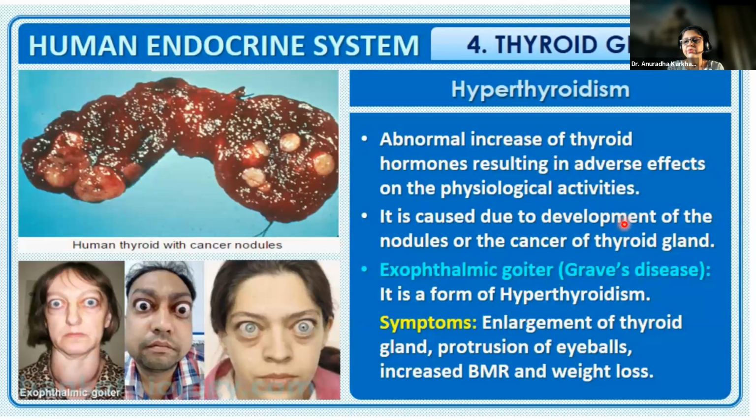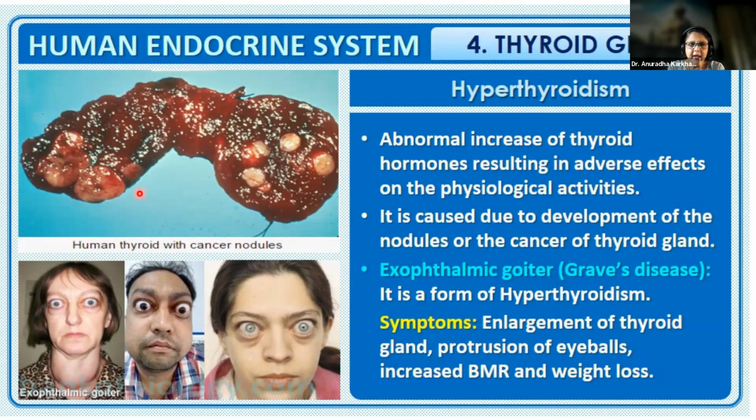It is caused due to development of nodules or cancer of thyroid gland. This picture is the cancer of thyroid gland. Look at it. This is our thyroid gland itself, where the cancer nodules are visible. You can see the outgrowths. You can see this isthmus. This is the isthmus that I was talking about. Okay, these are the two